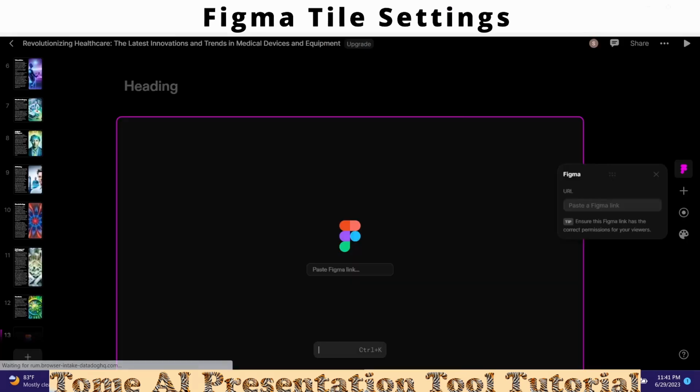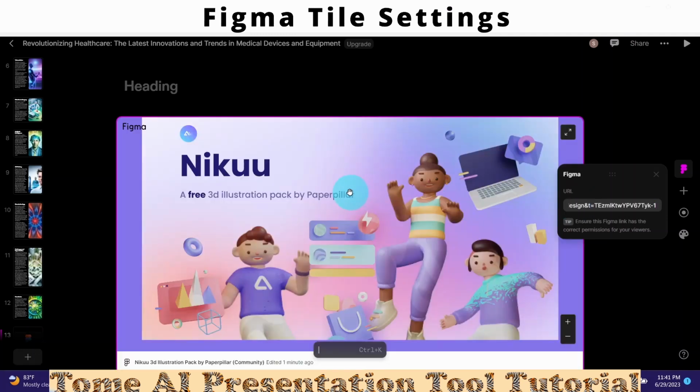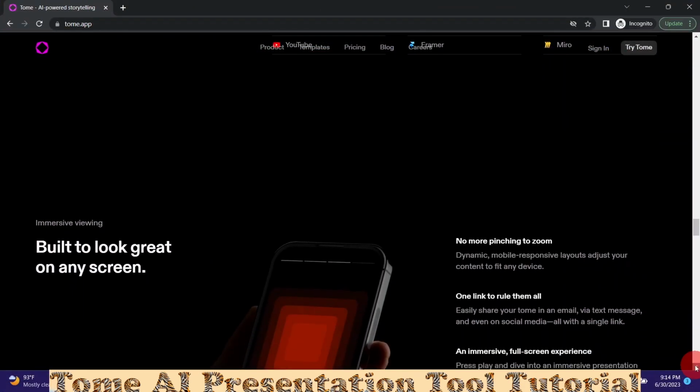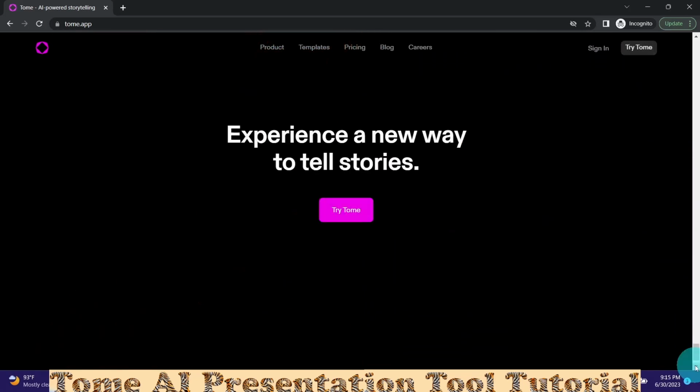Now we go to our Tome, and here we paste that link that we just copied. You can see that Figma project is appearing here now. We can interact directly with the Figma project now without actually going into Figma. We have to keep in mind that it needs to have the proper permission in order to appear here. So let us look at a few important settings you need to be familiar with by logging on to Tome